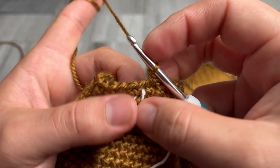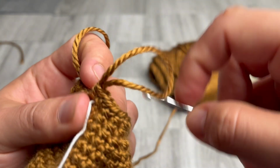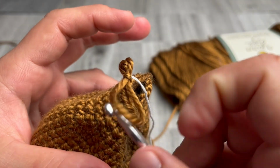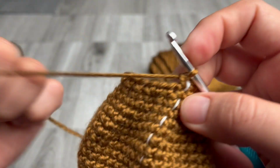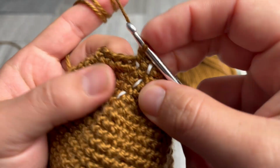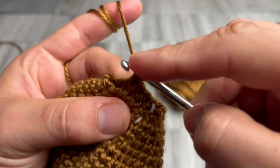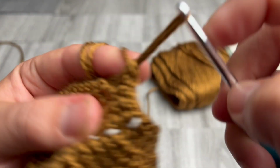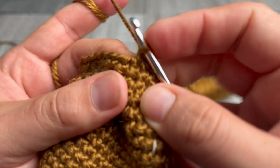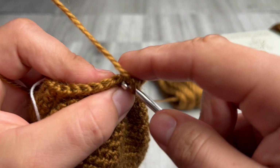Alright, so from here we're going to go ahead and single crochet 1 at the beginning of a row, just like that. And we go ahead and grab the stitch marker, pass it through, and now what we're going to be doing is actually increasing that. So now it's going to be 1 and 2, and then now it's going to be a third one inside. So from there it's going to be an increase now. So we just bumped it up from 2 to 3. So now we go again, 1, 2, 3,